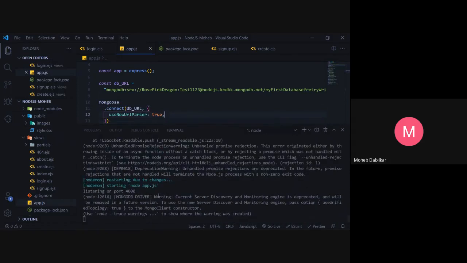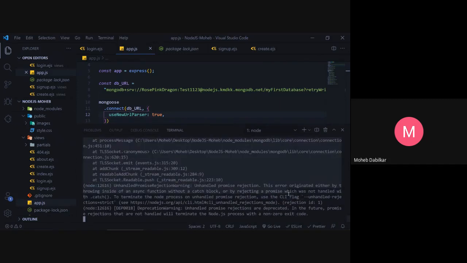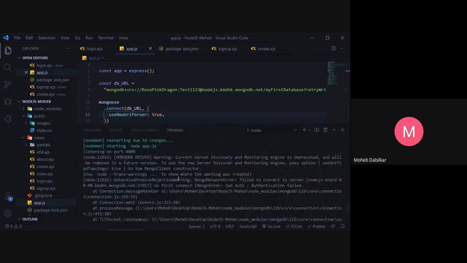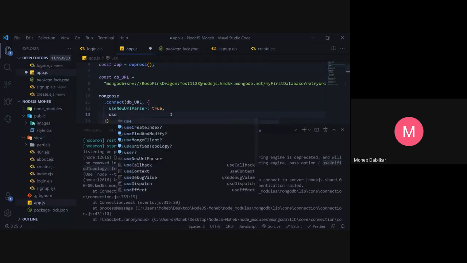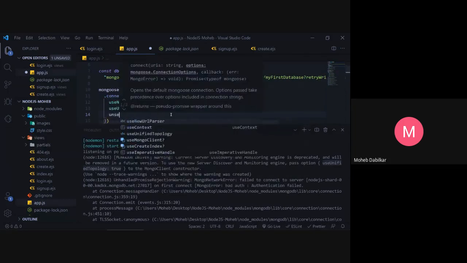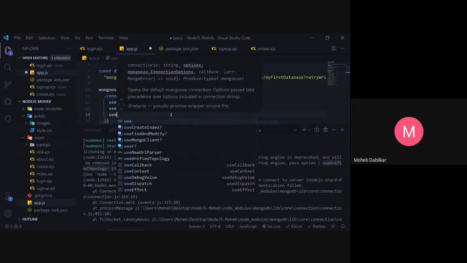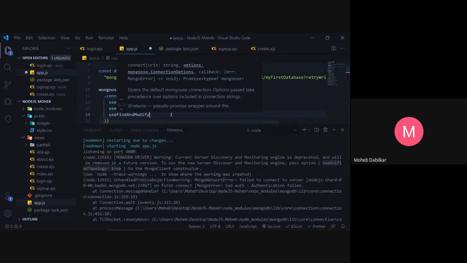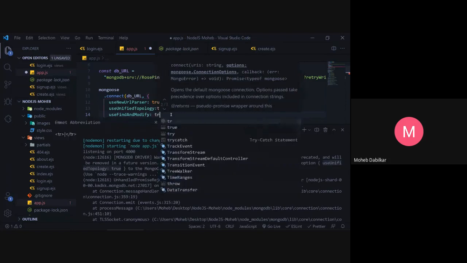Well, it still gives you an error. So it says warning, current server discovery and monitoring engine is deprecated. Where did that go now? Yeah. Okay, so it says use this also. So we will be using useUnifiedTopology true. So let's just type in over here useUnifiedTopology true. So there are some things like this only. So there is one more, useFindAndModify. This will allow us to use the put command. Okay,